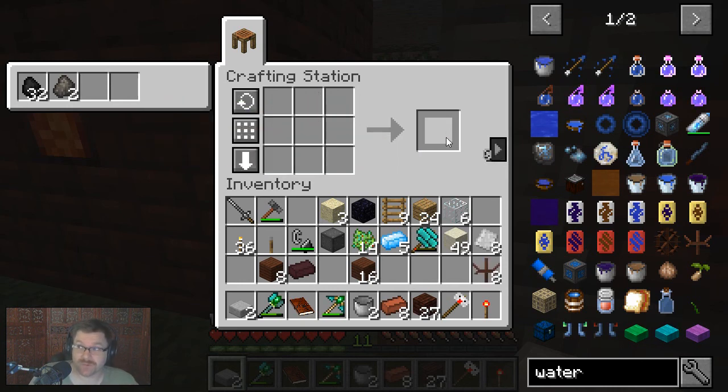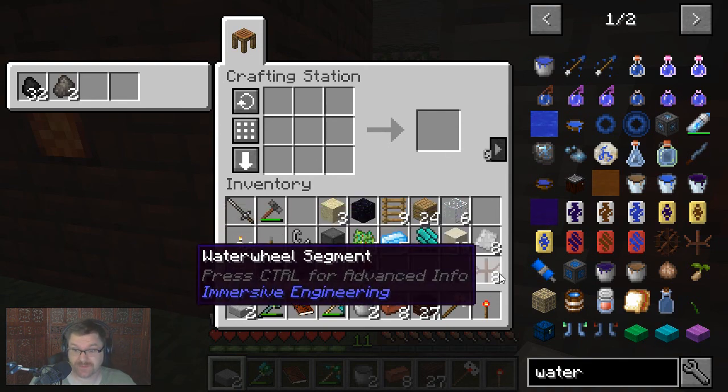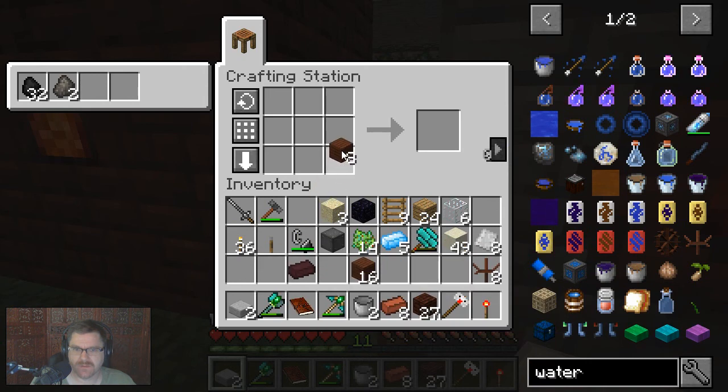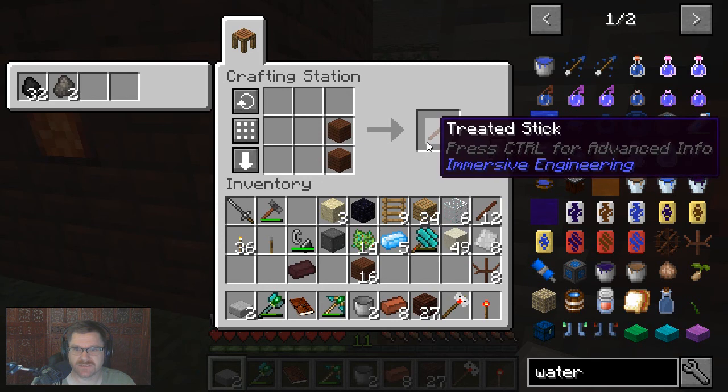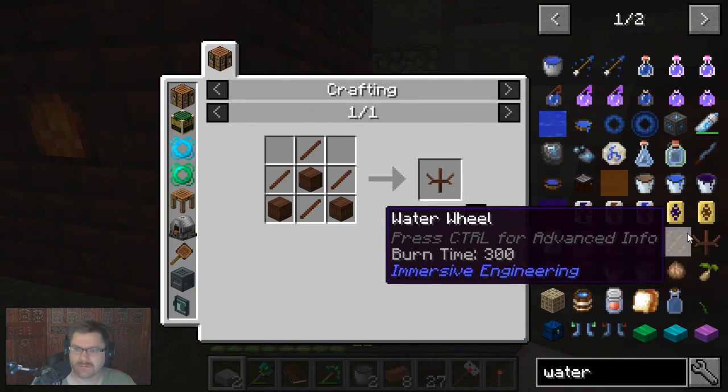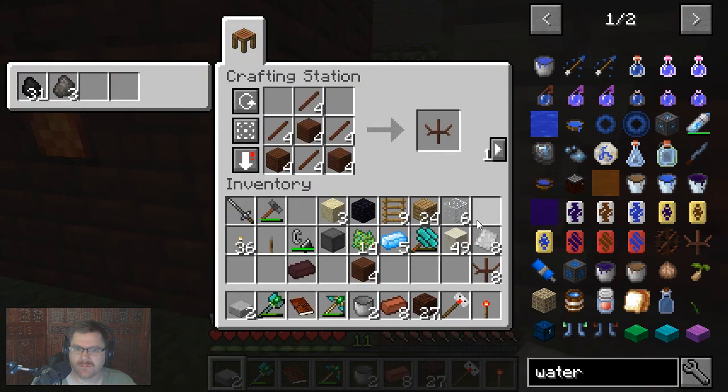So I want to make 3 wheels for the quest. So that's 2 wheels worth. One. That's 1 segment, 2 segments. That's 3 segments, I think. Oh no, it is the 4 that I want. Perfect. So now we take our block of steel,